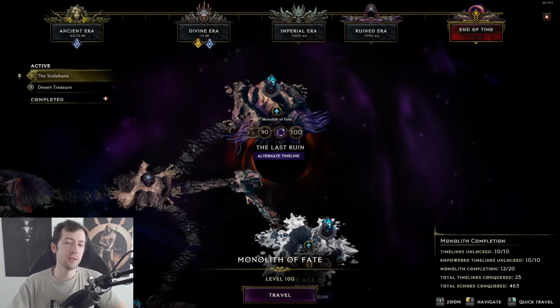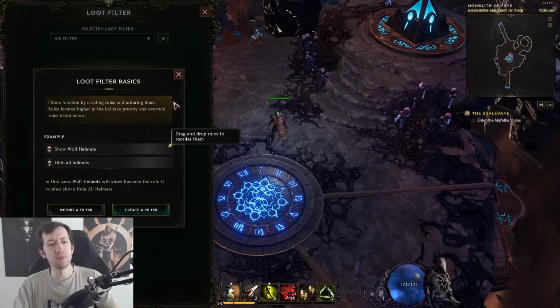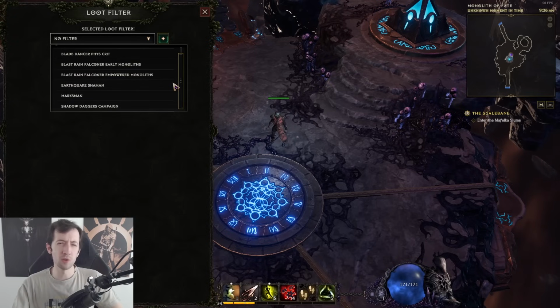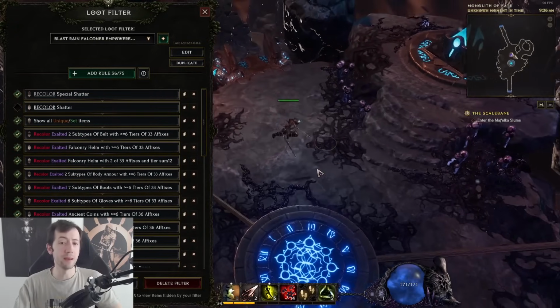And another thing to note here is also that once you are in empowered timelines, I think you can be a lot stricter with the kind of loot that you're showing on your filter. So in case you're making your own filter, I would definitely recommend that once you start empowered, you should make it a lot more strict and just show more exalted, show less rares. So for example, I'm going to show you what kind of filter I have here for my endgame Falconer